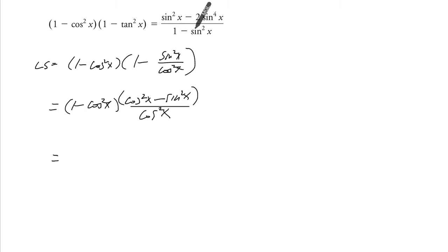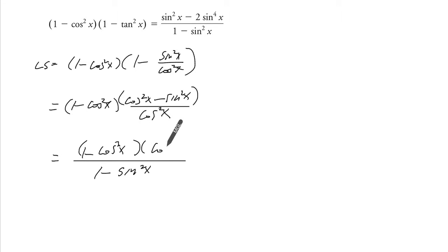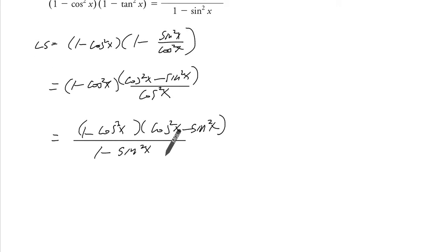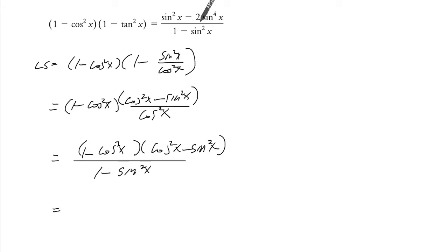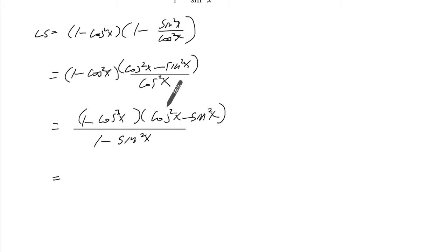So this does equal to this. Okay. So we have 1 minus sine squared x using the Pythagorean identity. Now in the numerator we have this. Okay. Let's expand to see if we can get this on the top. So you get